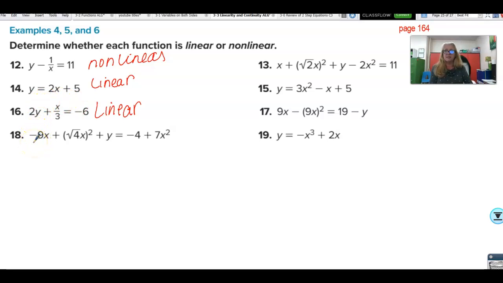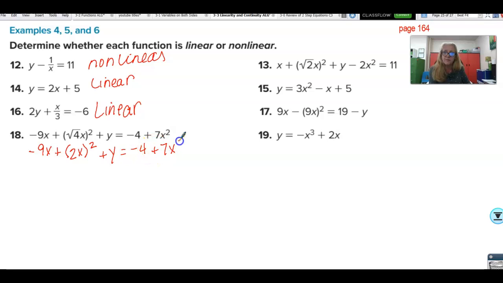Oh, look at number 18. Oh, buddy, it's got some stuff going on, doesn't it? Let's do this first. When we're working with parentheses, we do what's inside the parentheses first. So we're going to have negative 9x plus, in parentheses, the square root of 4 is 2x, and that's squared, plus y equals negative 4